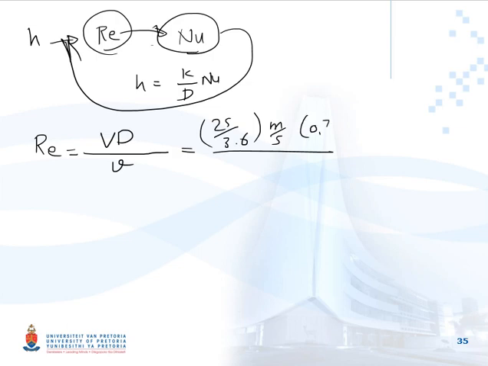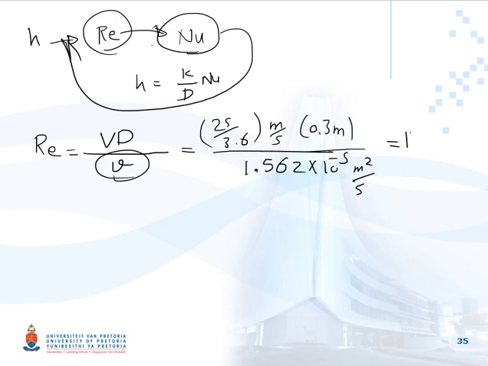Diameter is 0.3 meter, and nu we just read from the table, 1.562 times 10 to the power of minus 5. Reynolds is 133,380. It's a very big number. So